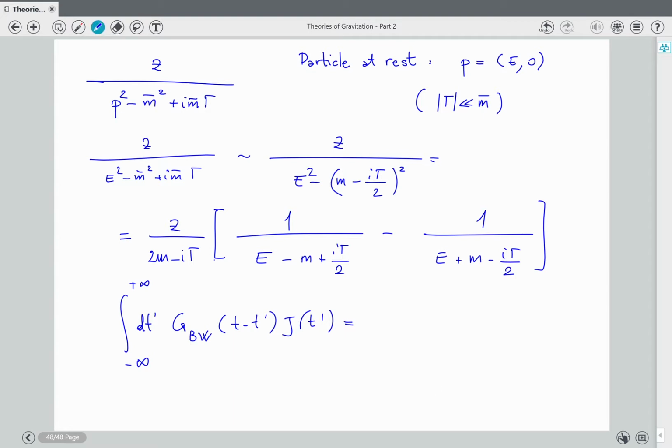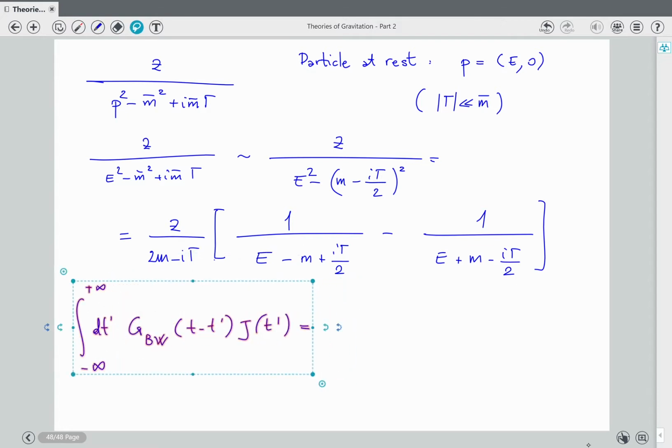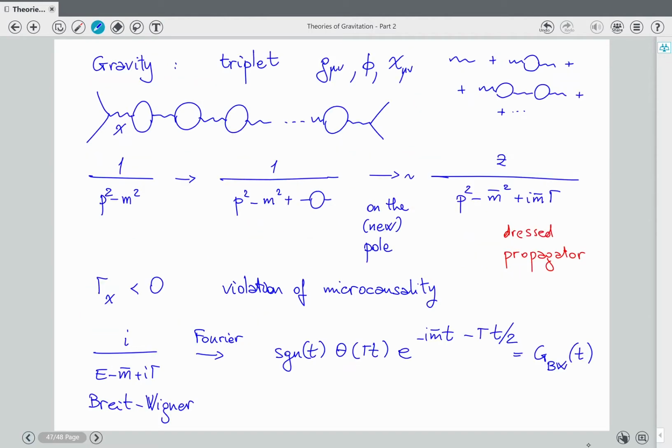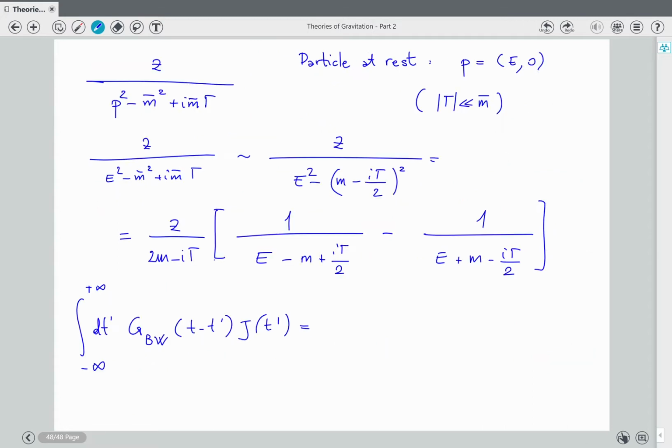What's important here is that when we replace the solution, the sign of t is not important, but the rest is, the theta function in particular is, so we have the sign of t minus t prime, then we have theta of gamma times t minus t prime,